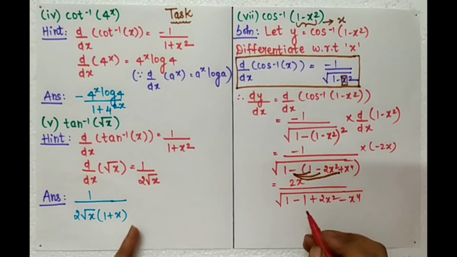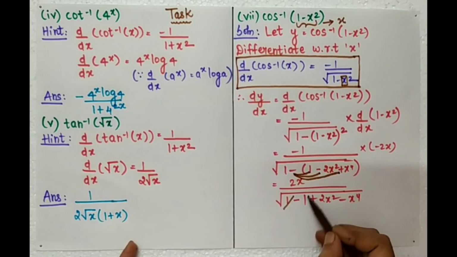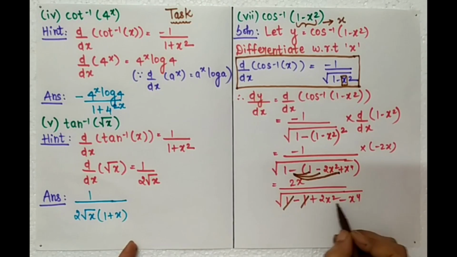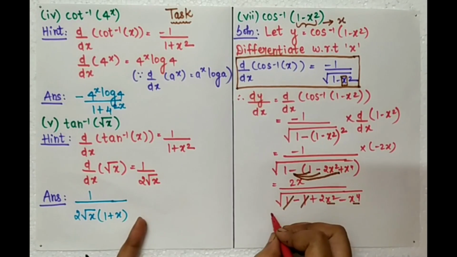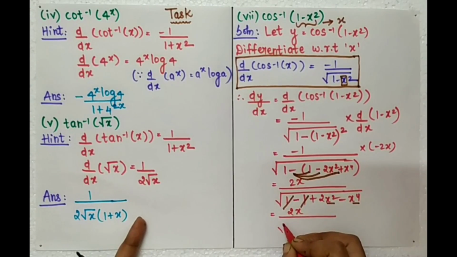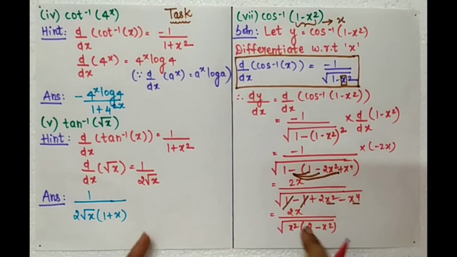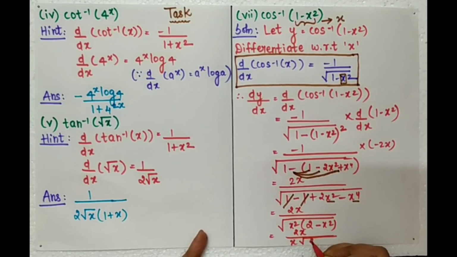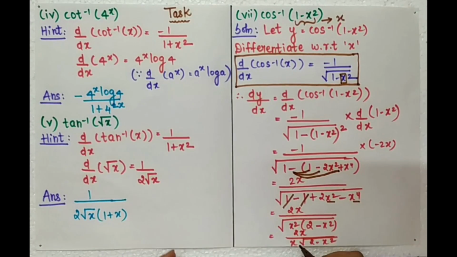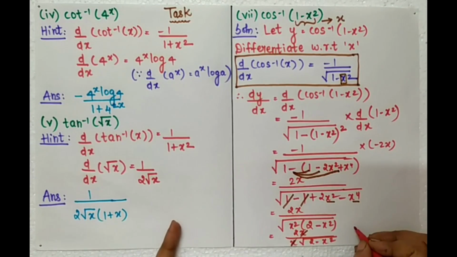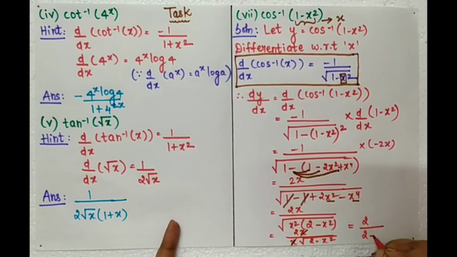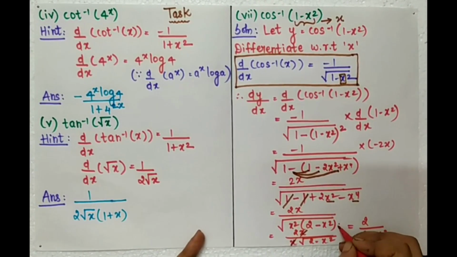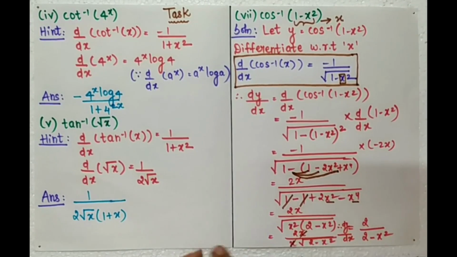Okay. So 1 and 1 get cancelled. From these terms, you can take an x square common. So this is 2x upon x square common, 2 minus x square. Whenever this x square is taken out of the root, it becomes x root of 2 minus x square. So x gets cancelled. So finally we arrive at the answer, 2 upon 2 minus x square, dy by dx.